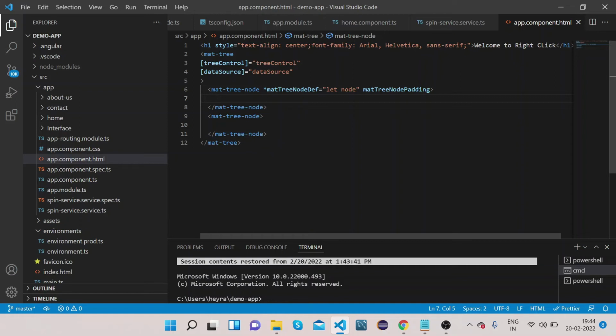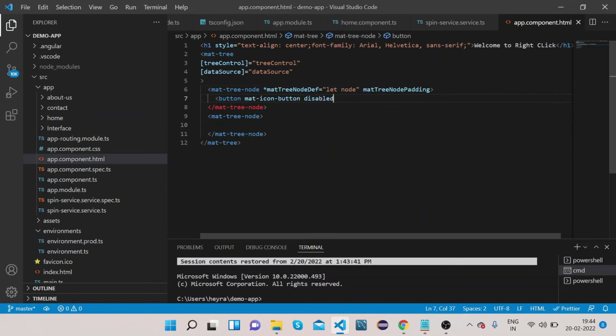So if you click on the button, then it gets expanded. For that we need to add the button also. So let's add that button in the form of the icon. So button, mat icon button,